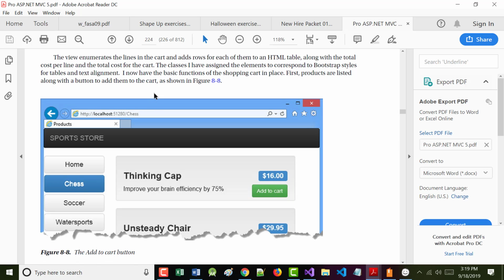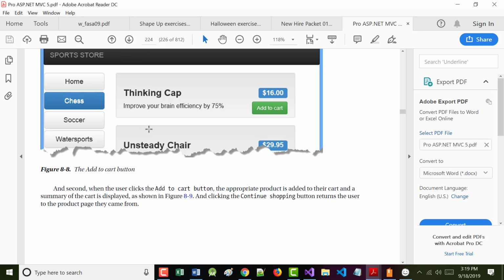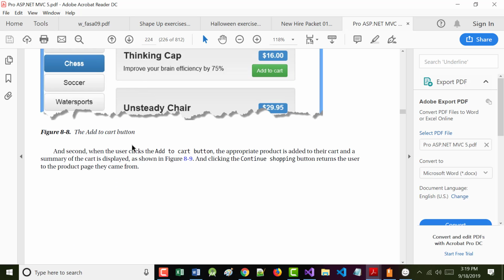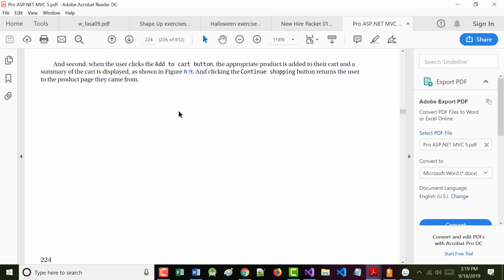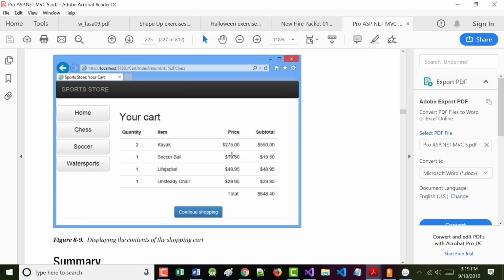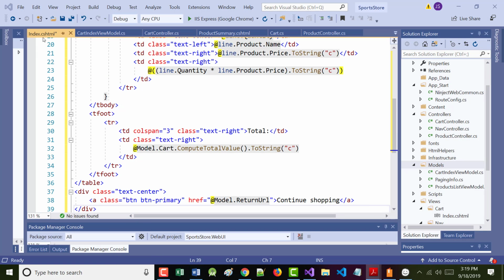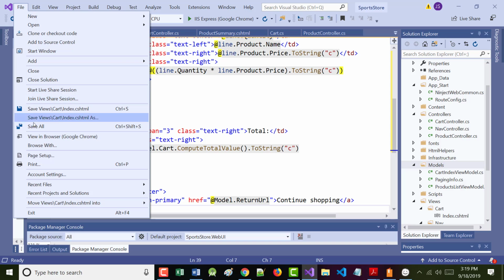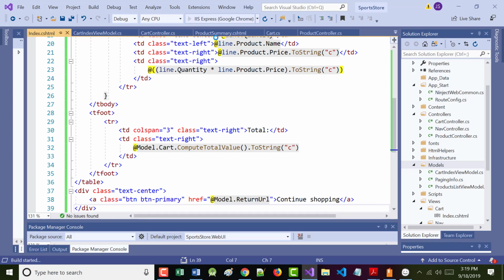So when we get done, not the add to cart, but when we say we're done, we want this. So our summary should now show us what's in our shopping cart. Let's find out right now. Let's do a file, save all, because it's been a while, and run the program.